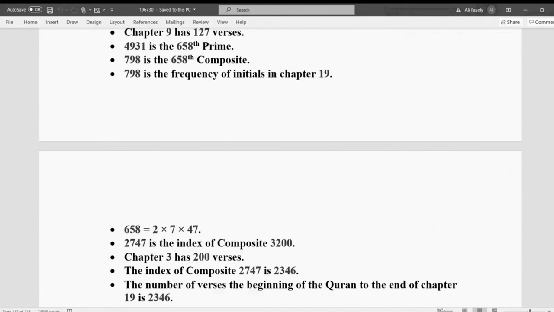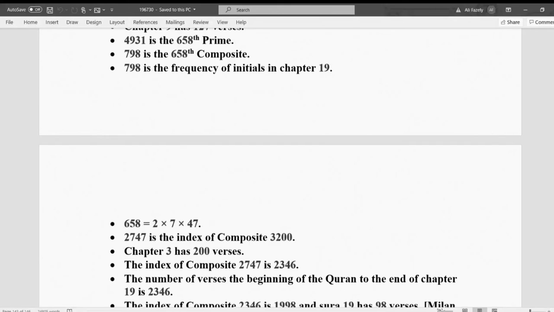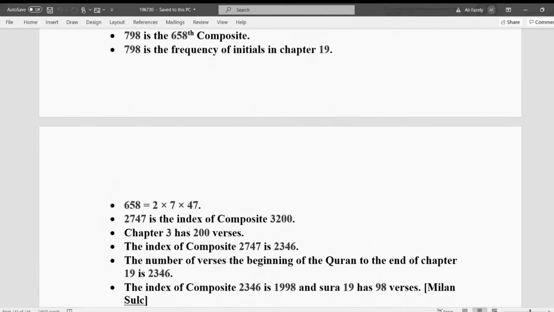With that, we generated the frequency of initials in chapter 19, and then we also did the number of verses in chapter 3 and the number of verses from 1 to the end of chapter 19, which is 2,346. So we go here and we find out that the index of composite 2346 is 1998. And Surah 19 has 98 verses, and so this was a private communication with Milan, which actually happened way back